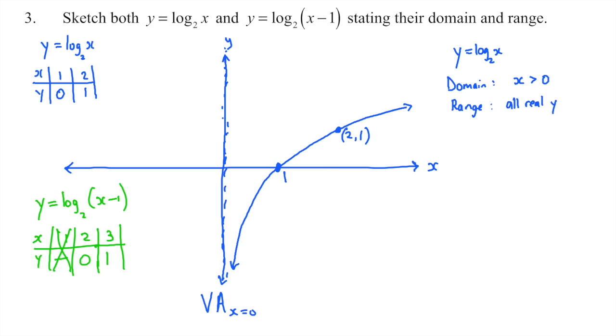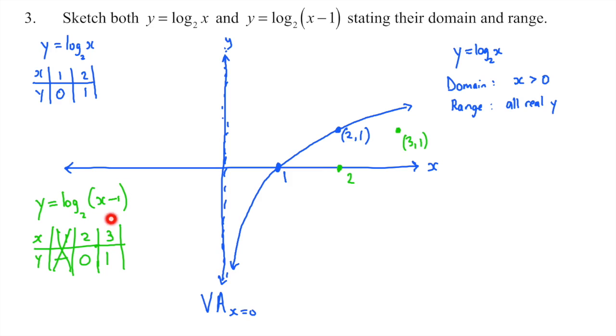If I go to x equals 2, and y 0, if I go out to x equals 3, y equals 1,